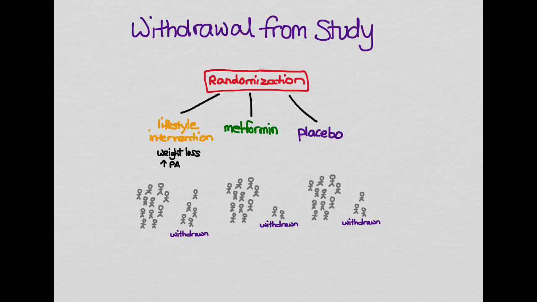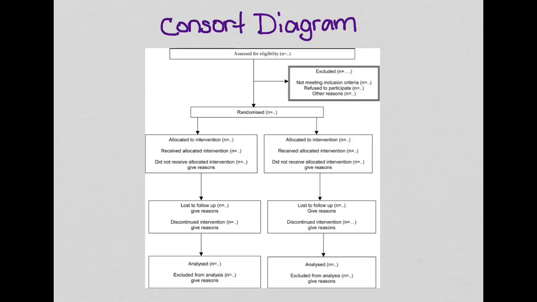So you have to spend a lot of money in studies and a lot of time to prevent withdrawal. And there are some ways that you can deal with it, like finding data from medical records. If someone drops out and they don't come to your visit, you can look at their medical record. You can also use the last observation that you have for them and use that as their final data point. But these are all problematic. So anyway, this is another problem with an RCT and something to be aware of.